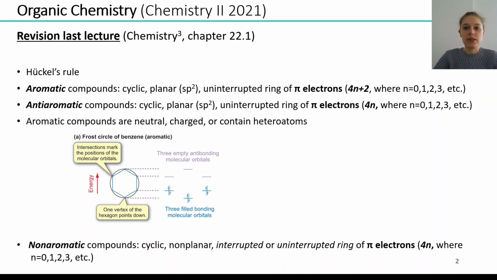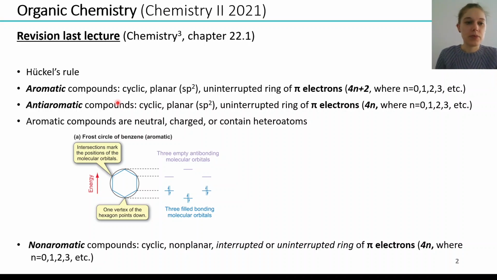And we learned that there is a general rule which determines aromatic and anti-aromatic compounds and also non-aromatic compounds. The Hückel rule defines a compound as aromatic if it is cyclic, planar, so that means it only contains sp2 hybridized carbon atoms, and it contains an uninterrupted ring of pi electrons. And hereby, the number of pi electrons is 4 times n plus 2, whereby n can be 0, 1, 2,